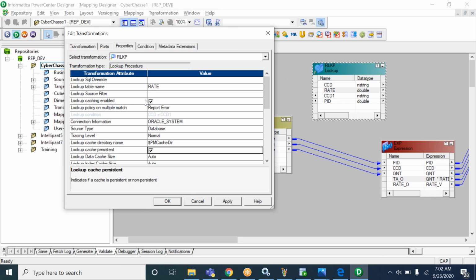Okay, so what is meant by persistence cache or lookup cache persistent? What is lookup cache persistent? Reusing the cache. Reusing means what? Not exactly reusing. Storing the cache. The cache can be deleted. Storing the cache,